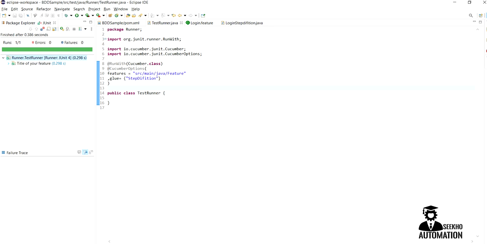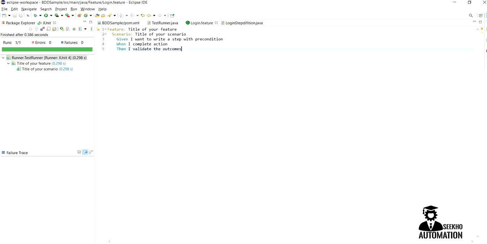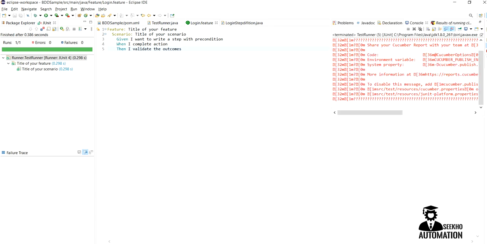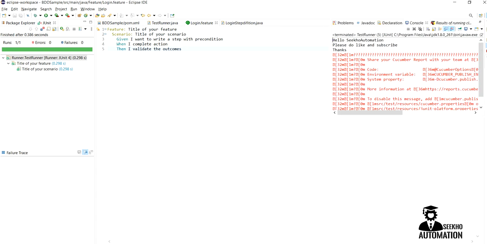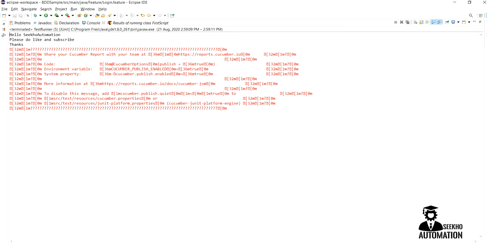The title of your feature is your feature file name, and it is saying that the feature file you are executing is now executed very well. So yes, we have the output: Hello Suku automation, please do like and subscribe, and thanks.